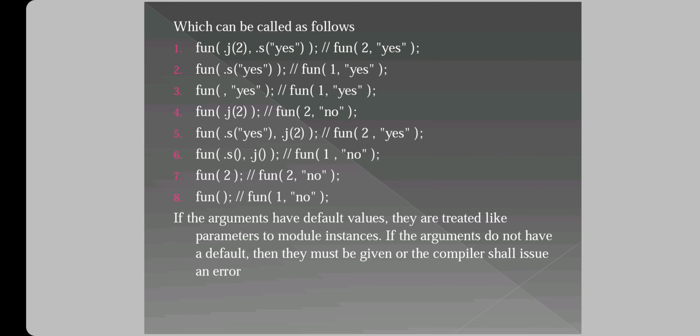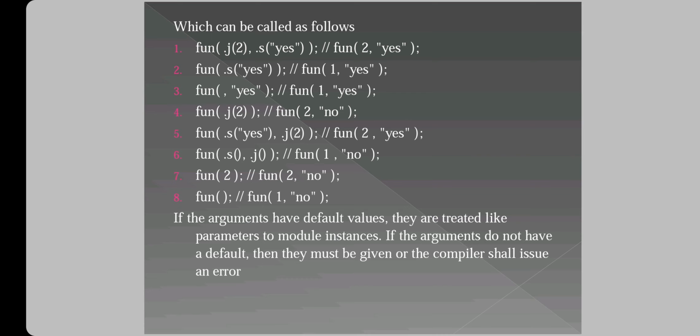So when you see the first one, you're providing two arguments. One is 2 and the second one is s, and in the second one you are just providing the string alone, not the integer variable. In the third one, you're providing the second argument only, and coming to the fourth one, you're providing only the first argument. In the same way, we are going to call the function or a task in all these different manners, and whenever you don't provide an argument that has a default, it is going to take the default value itself, and when the variable doesn't have any default value, that is going to issue an error.